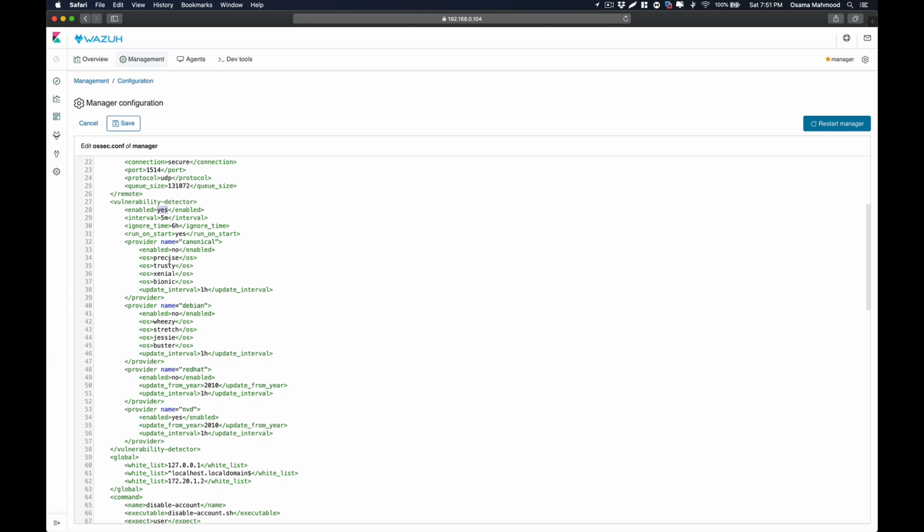it to yes, and then what you need to do is enable all the vulnerability package repositories that contain all the vulnerabilities that are released for all Linux systems. So what you need to do is enable all those providers too. So just over here where it says enabled no, just change it to yes, and it will get all the released CVEs related to all these Ubuntu versions.